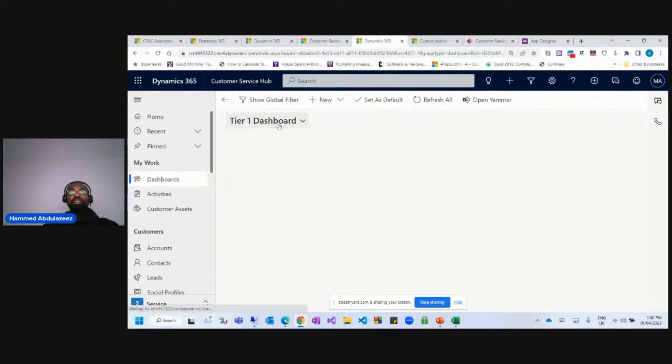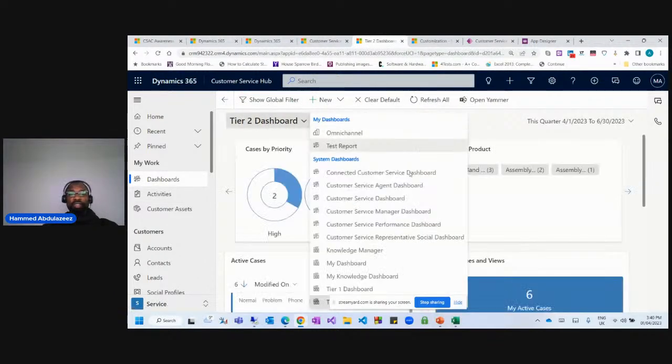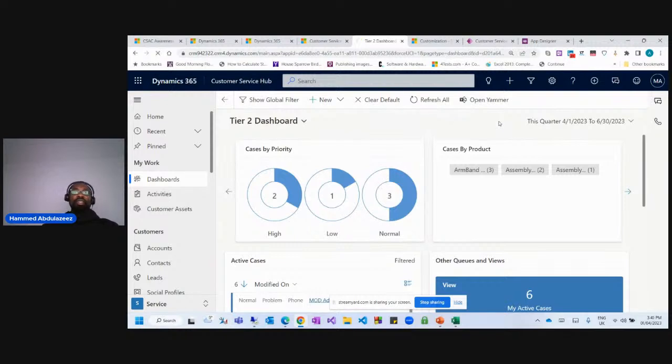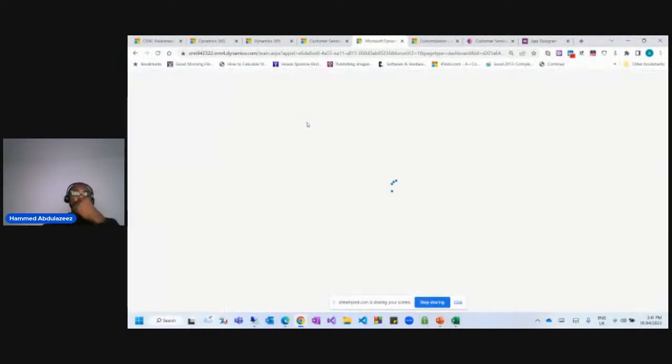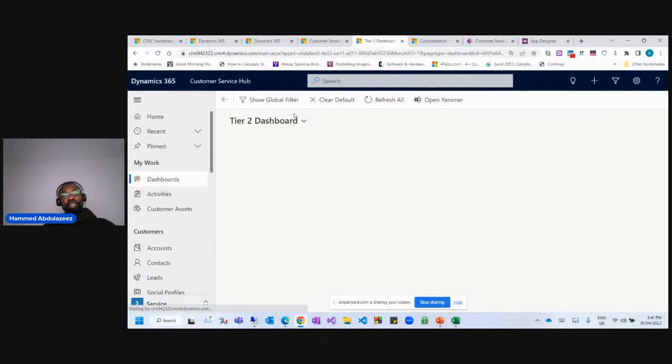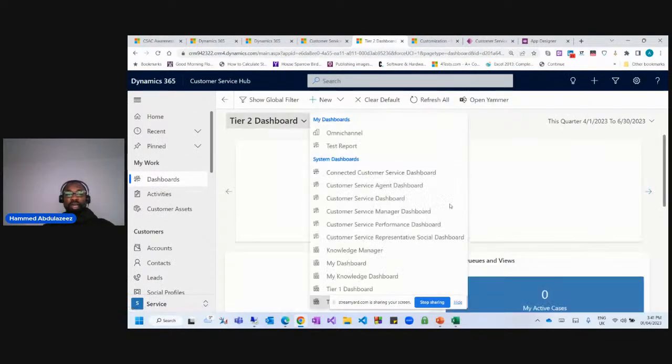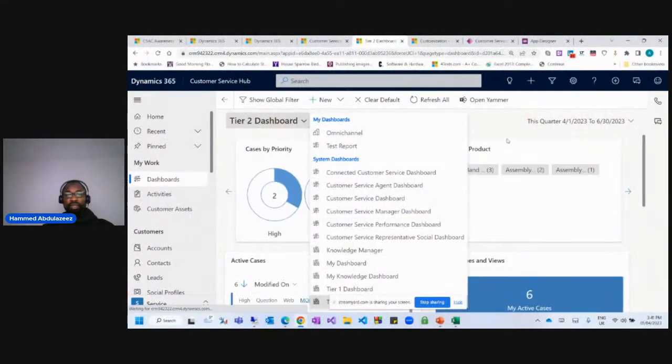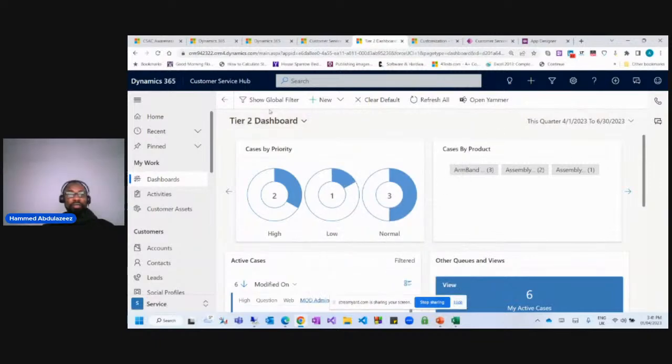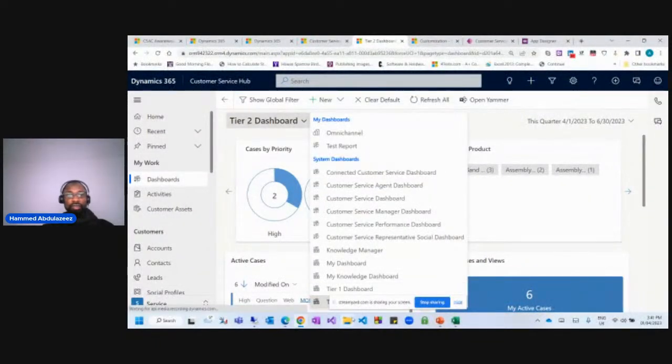Here, we should be able to see our cases, right? Our dashboard here. So what I need to do here is refresh the page. Once I do that, then this will reflect the changes that we made, the dashboard that we actually created. And then if I go back here, as you can see from here,